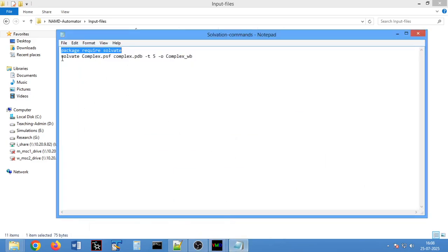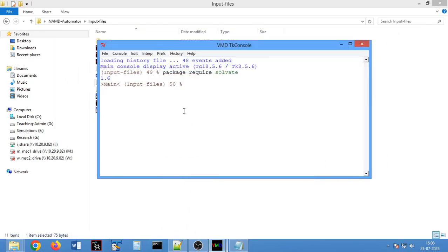Next, we would use the utility of this solvate command to solvate our protein ligand complex. It will take complex.psf and complex.pdb as an input, and it will create a slab of 5 Angstrom, and it will create an output file called complex_wb, which stands for water box, that will contain the solvated protein in water system as such. All you have to do is to hit enter